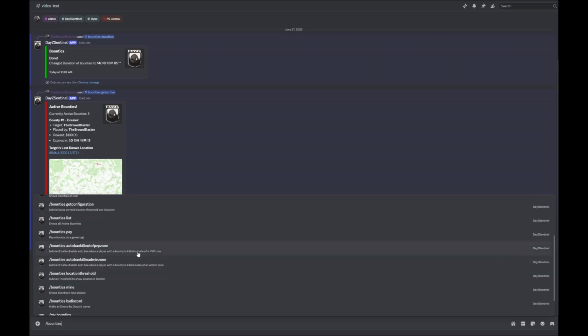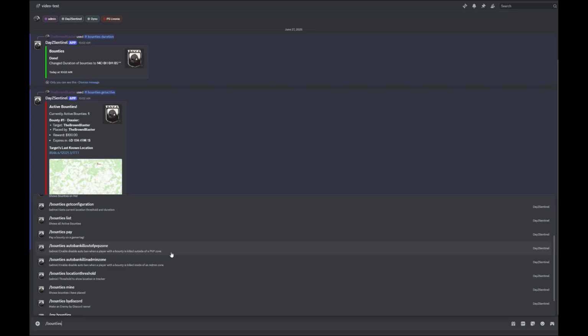Okay, I said I was going to leave these two for the last. So these are two commands that we are prototyping at the moment. What this does is it allows you to determine if you have an active bounty on your server, if the players can be, let's say you have PvP zones, say you only allow PvP on NWAF and you're using our zones. This will tell the bot, hey, if the target for the bounty gets killed outside of a PvP zone,